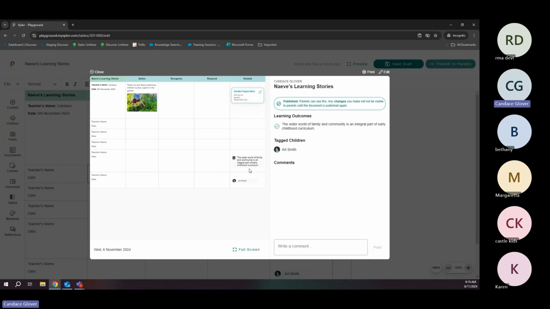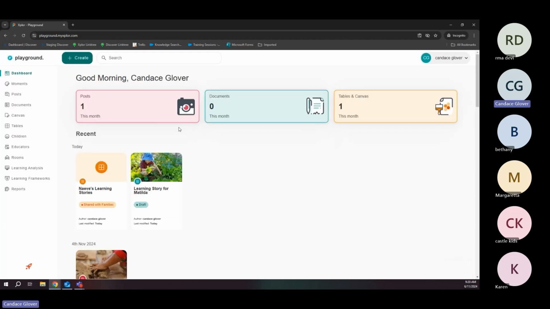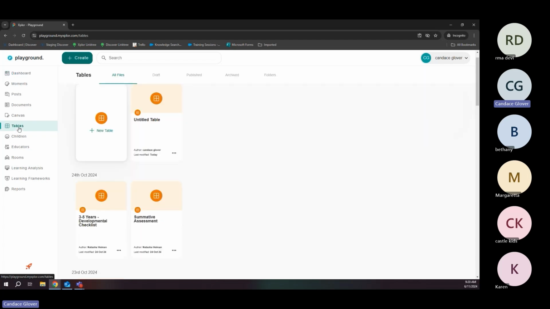Similarly, and this is one of the things that I come across as a trainer very, very often, there's a hesitance in Playground Web, like what if I make a mistake? And trust me, I get where everyone is coming from with that, because if you click on publish to parents, it goes to the parents. What if you've put in a typo or typed the wrong thing or done something you didn't mean to do? Don't panic. Whatever you do, don't panic, because if you've published something to the family and you go, oh my gosh, I didn't mean to do that yet, or, oh, it's not ready,